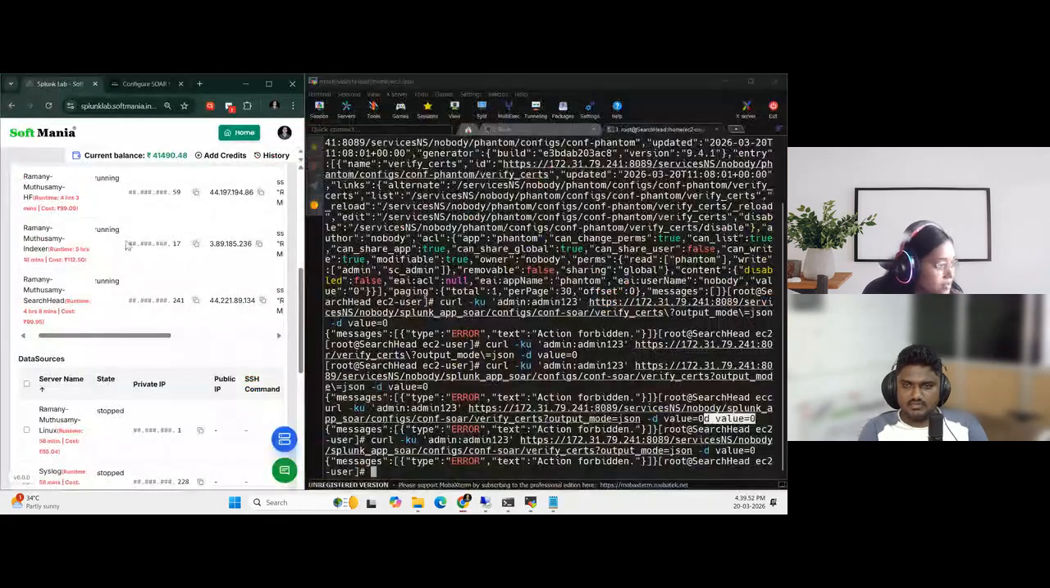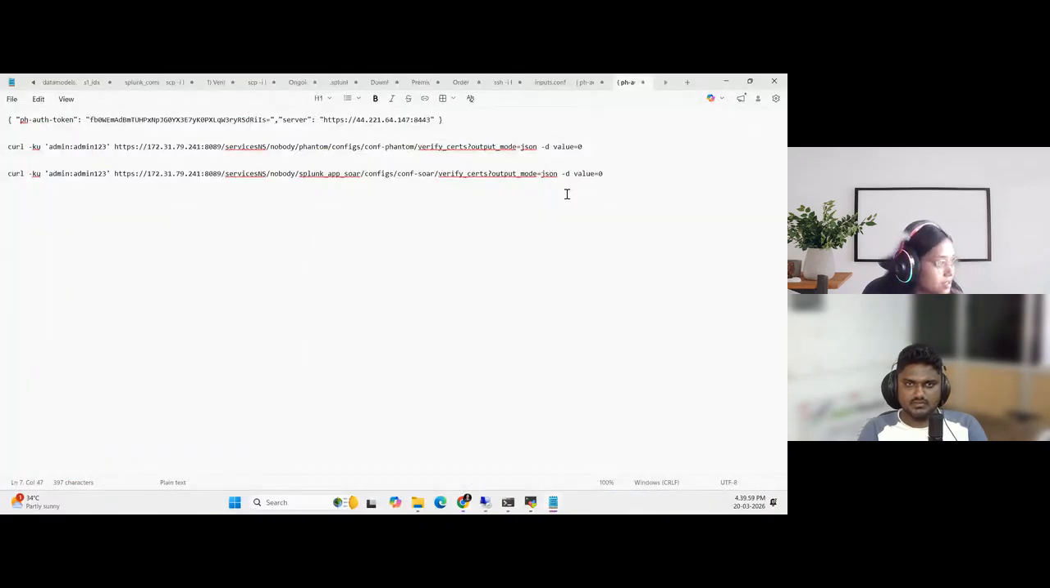Is the IP address correct? Okay, let me check. Search it. So this is the one, 31, 79, 244. Okay, this is for Splunk apps or? I don't think this will affect because